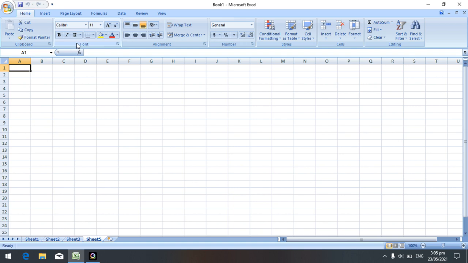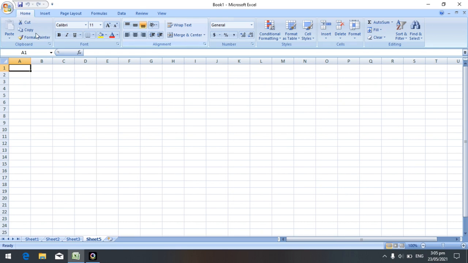And when we click on font, there are font face, font size, grow font, shrink font, bold, italic, underline, borders, fill color and font color. The same will continue. All those things we will learn in the next class.